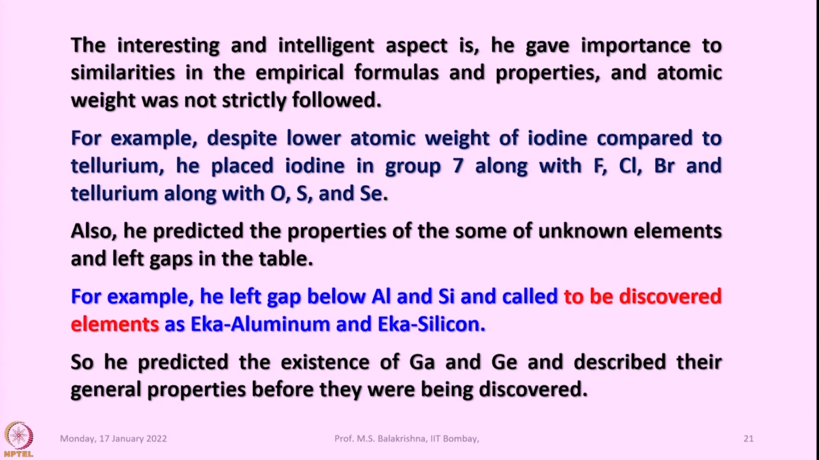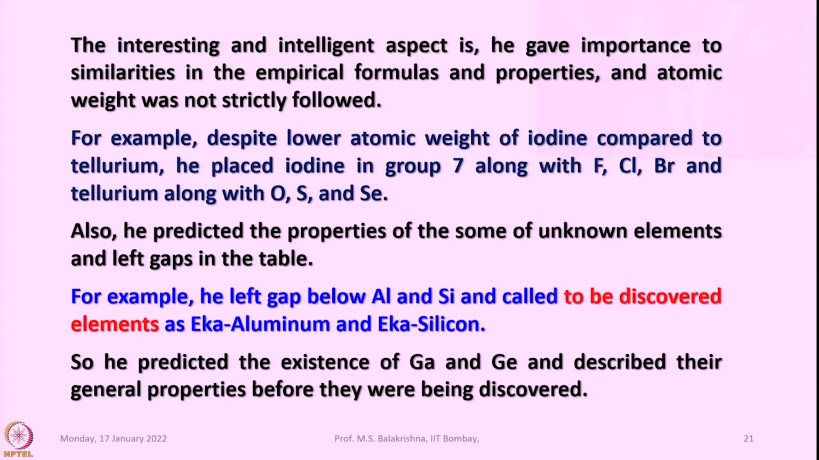Despite the lower atomic weight of iodine compared to tellurium, he placed iodine along with the halogens and tellurium with the chalcogens. He placed iodine in group 7 along with fluorine, chlorine, bromine, and tellurium along with oxygen, sulfur and selenium. That means the thought process was not completely biased towards atomic weight, but he was also looking into the properties